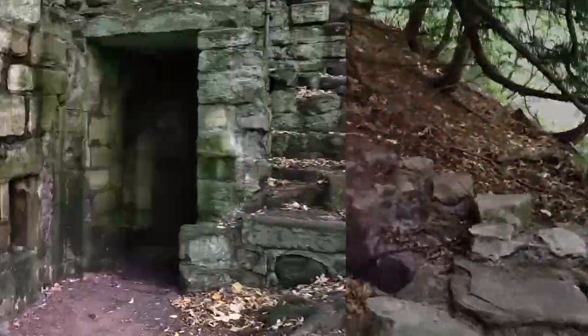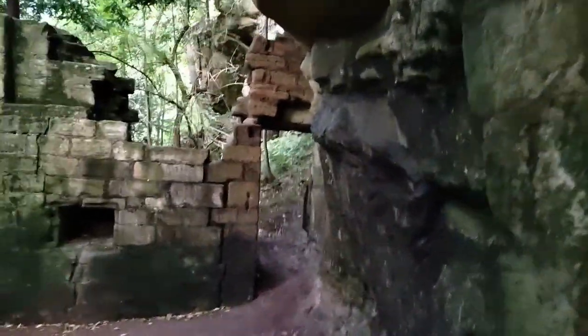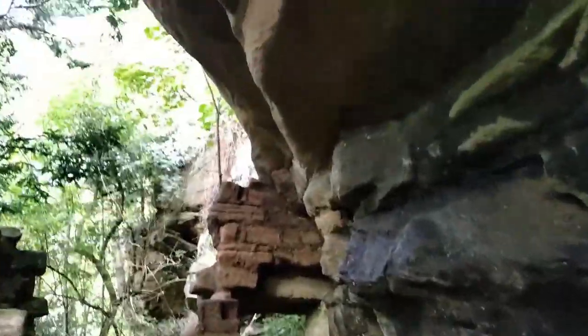And down here would be some of the extension which is lost now. And this is a more modern extension that was added later. Hall and kitchen. And there above is the original hermitage, carved into the rock, and that's from looking out over where the priest would have originally lived. And obviously he came down here at a later date, and here's a fireplace